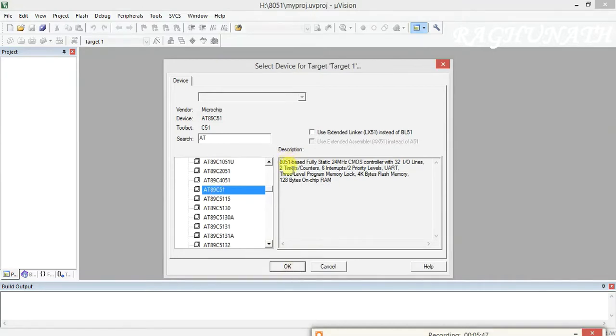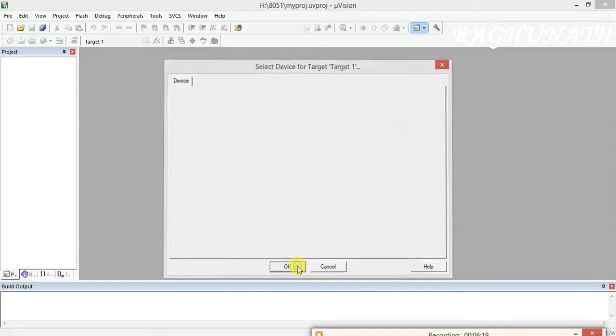You can see the description: it is Atmel company 89C51, an 8051 based fully static 24 megahertz CMOS controller with 32 IO lines, 2 timers or counters, 6 interrupts with 2 priority levels, UART, 3 level program memory lock, 4 kilobytes of flash memory, and 128 bytes of on-chip RAM. Click OK.